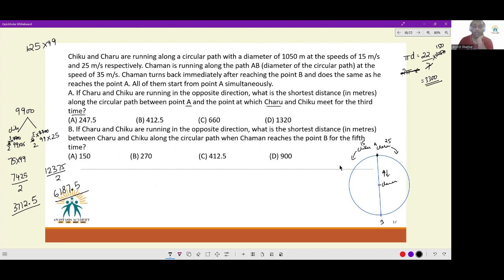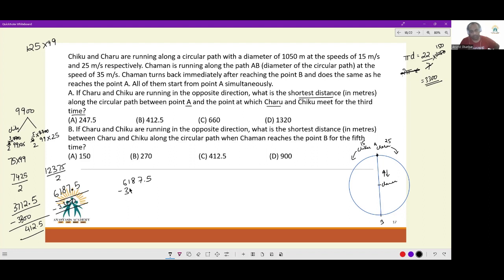Understand, if Chiku has traveled 3712.5, Chiku has traveled one full circle and some extra part. Finally, we were looking for the shortest distance along the circular path. So in order to arrive at the answer, I should simply be subtracting 3300 from this, which will get me to my final answer of 412.5. In this case, if I subtract 3300, why I have done the entire working I wanted to show you,